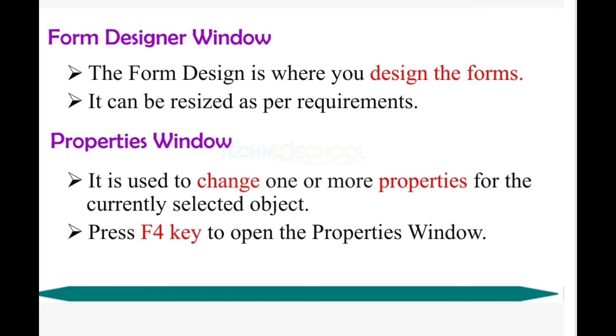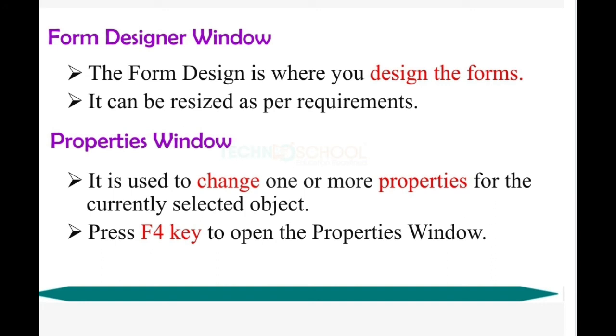So in this slide we discussed the form designer window. Technically we can say it is the front end of the application. I have explained in detail what front end and back end are. In the properties window, you can see the list of properties available for the corresponding objects in Visual Basic. This is called the properties window. So these are very simple concepts in the first VB lesson, the introduction to VB. Here we are explaining only the components, the tools and some important terms. As of now we have discussed the designer window and the properties window. I hope you understood.